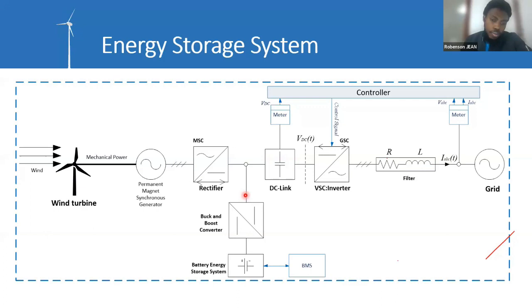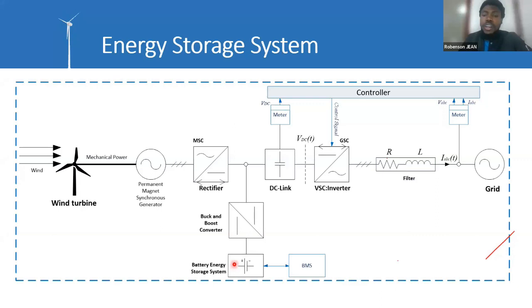But what if it is not easy for me to implement a battery energy storage system at this voltage level? It is possible to implement it at a lower or a higher level of voltage. So in this case, we implement the battery energy storage system at a